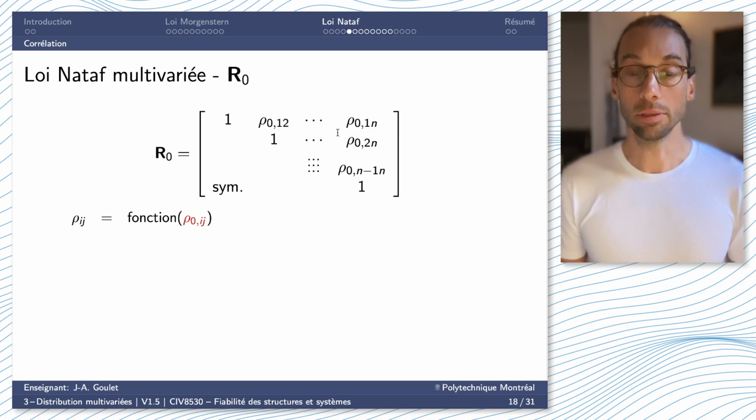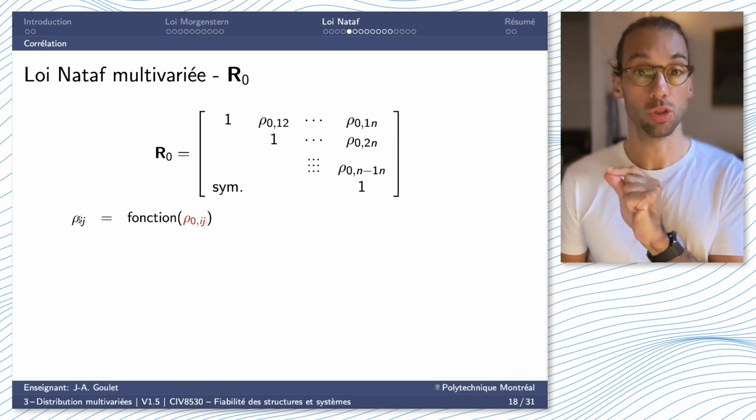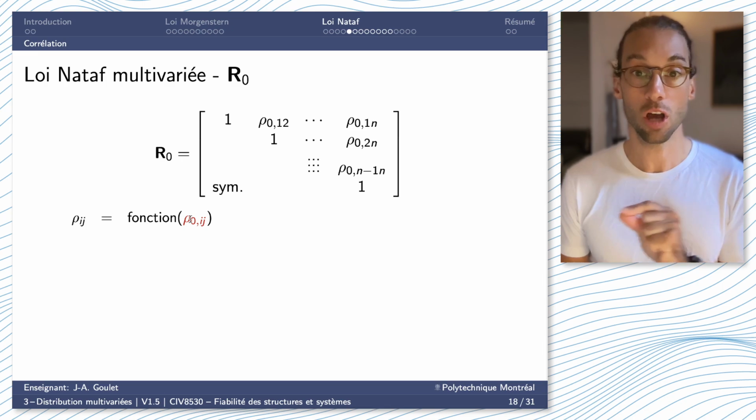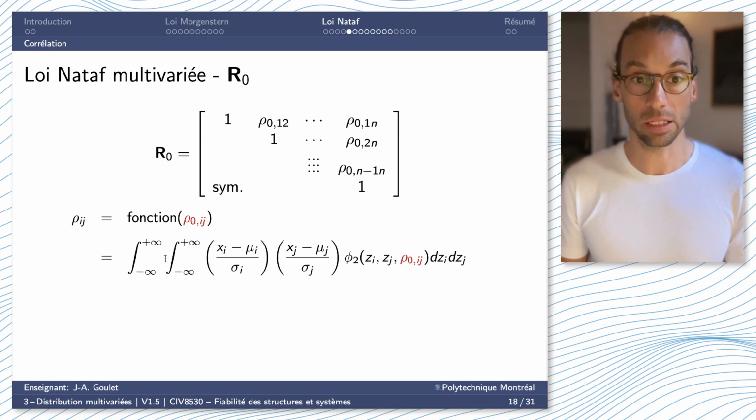So that R0 takes the same form as the standard correlation matrix. We're going to have 1 on the main diagonal, the correlation coefficient on the off diagonal term, and it's a symmetric matrix. And this rho ij, the one we have from the original space, is a function of rho 0 in the standard normal space. We can again define it here from that standard